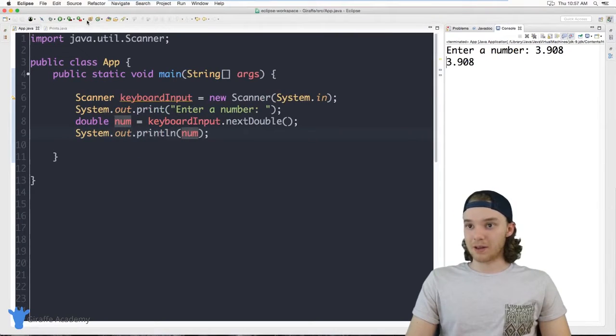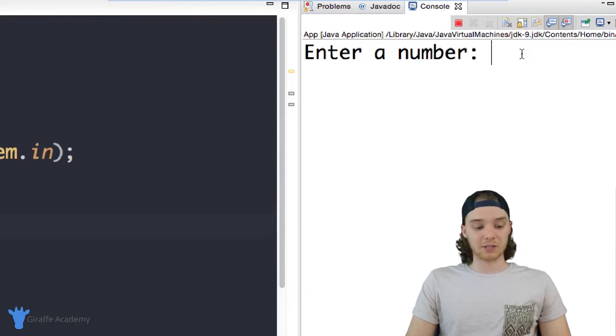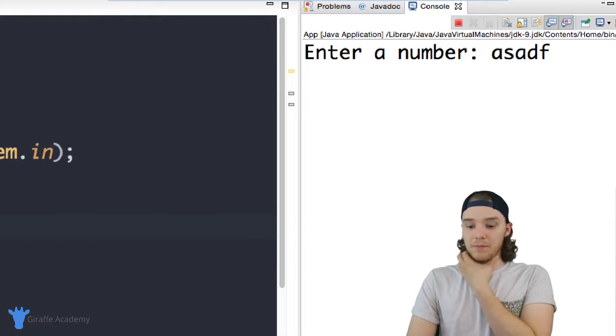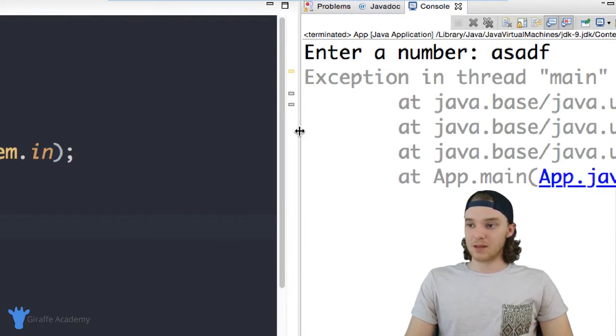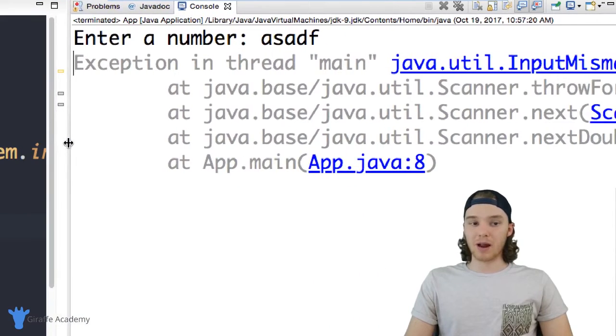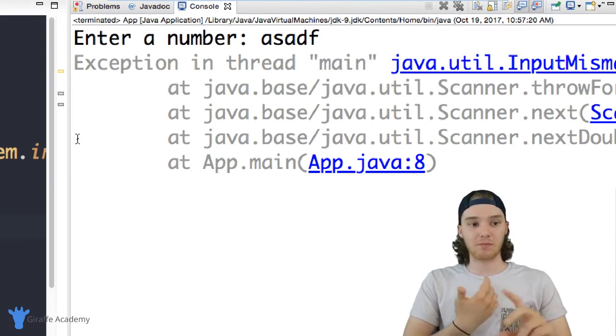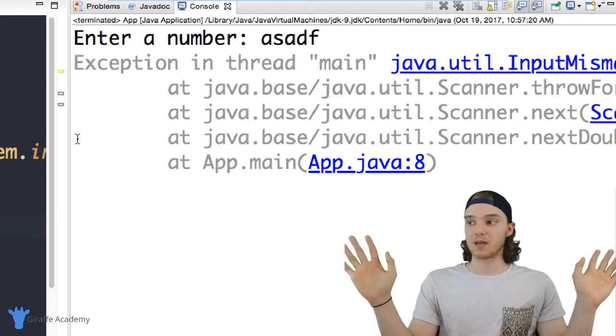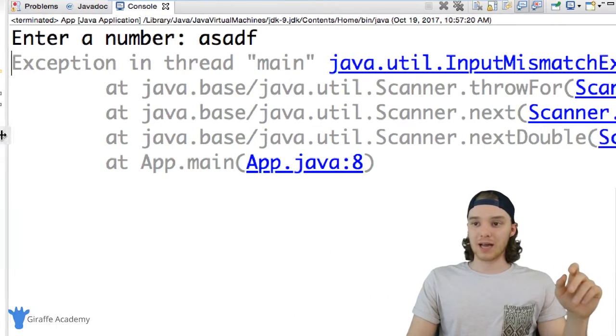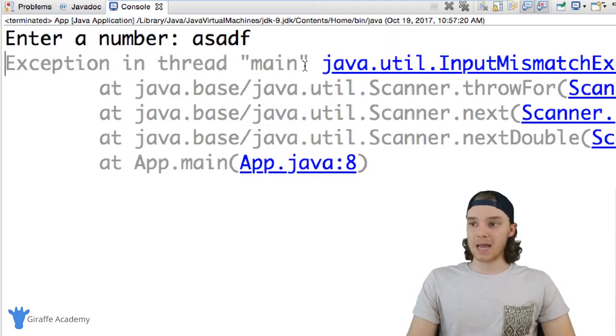But here's the problem. If I run this program again, and instead of putting a number in here, I put a letter, so God forbid I put something other than a number, when I click enter, we're going to get this exception. You can see down here, the program actually stopped running. So this caused the program to completely terminate. We didn't print out the number, we didn't store it inside the variable. The program just ended, right? Our program blew up, it's done. And it says over here, exception in thread main